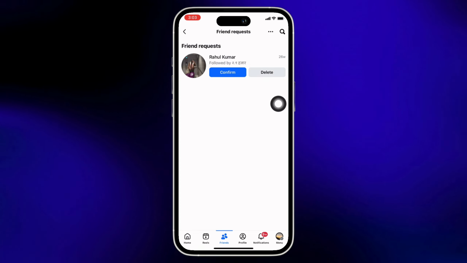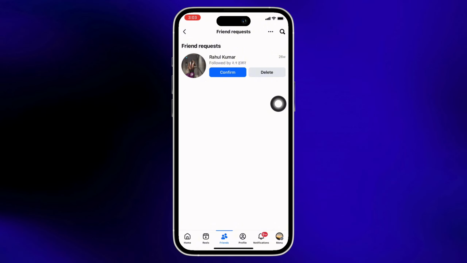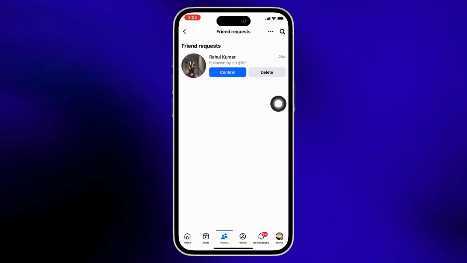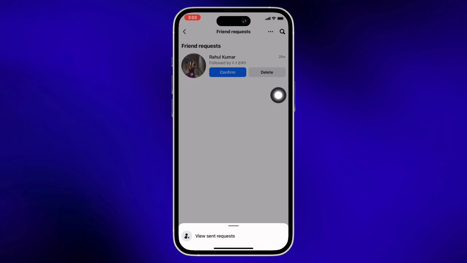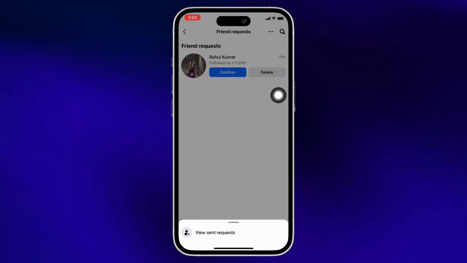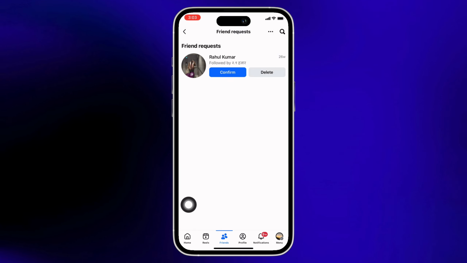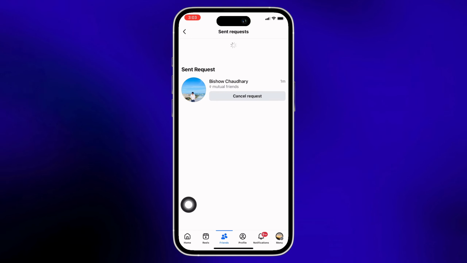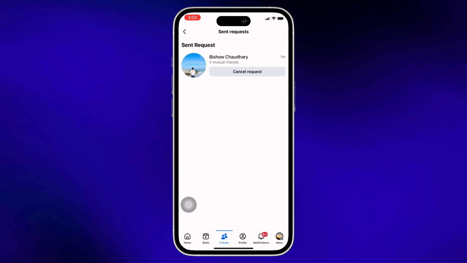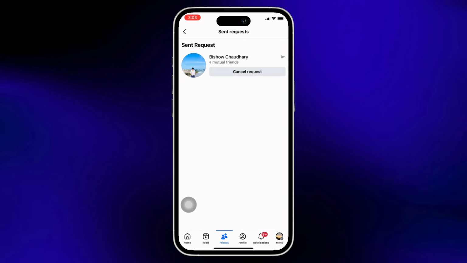However, if you want to see sent friend requests on your Facebook profile, then tap on the three dots on the top right of your screen there and then tap on the view sent requests option. Here, in this particular interface, you will be able to view all the people that you have sent friend requests